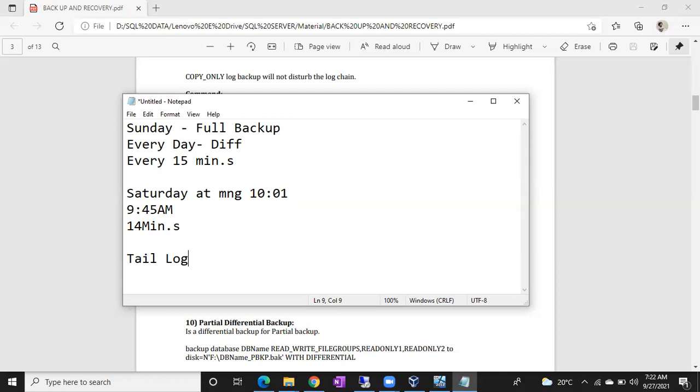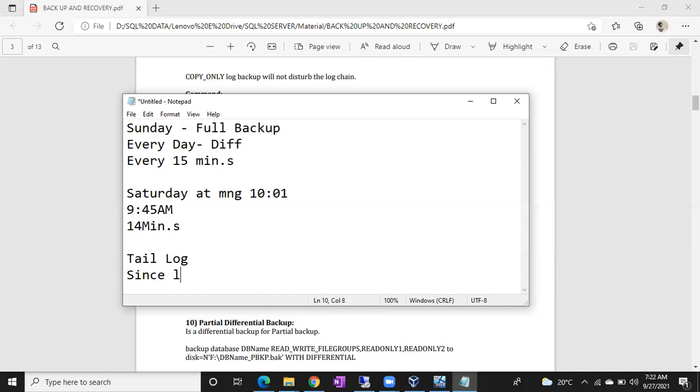The first thing you have to do is take the tail log backup immediately. If you think the database is corrupted or crashed, it's not coming online, then immediately take the tail log backup. So what will the tail log backup do?